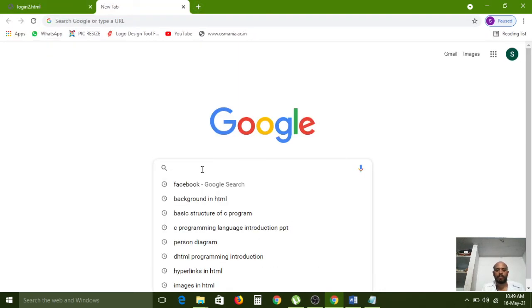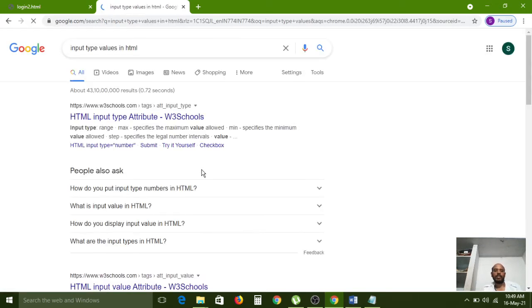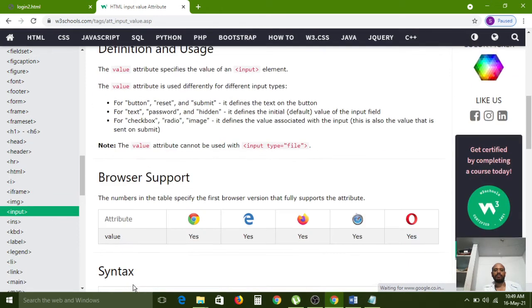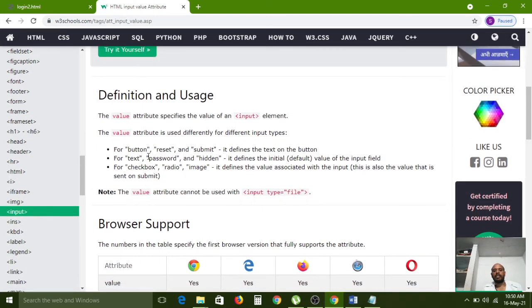Now I am opening the browser window, input type values in HTML. So all of you carefully observe how many values it can support. It will show like this. Input type button, all are input controls now. Button is also input, reset is also input, submit is also input, text is also input, password is also input, and hidden is also input.